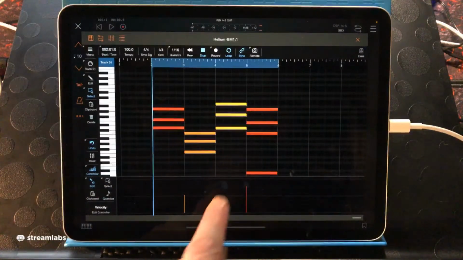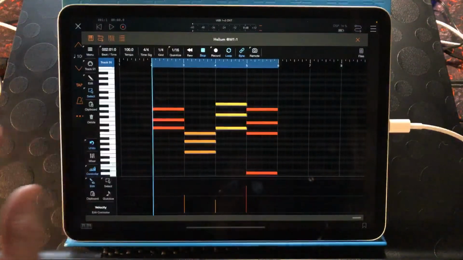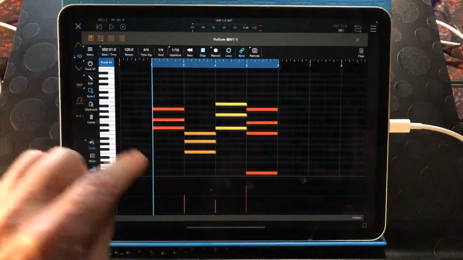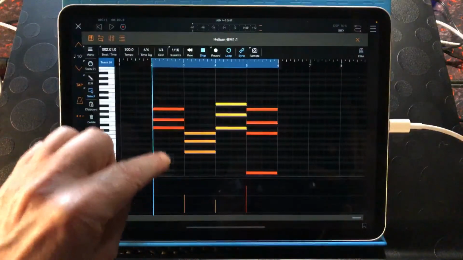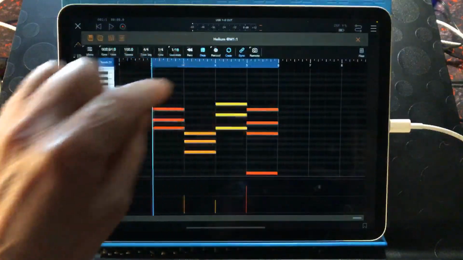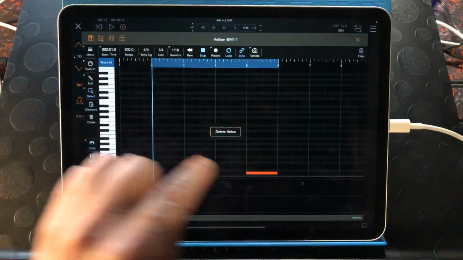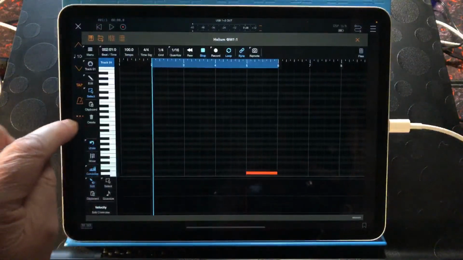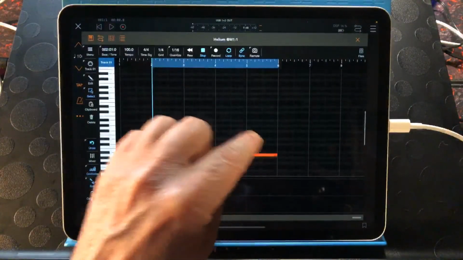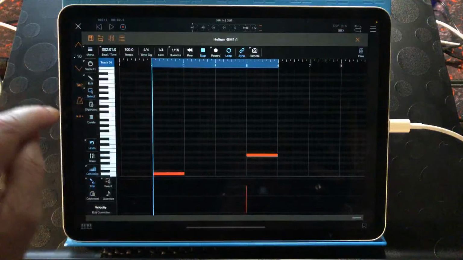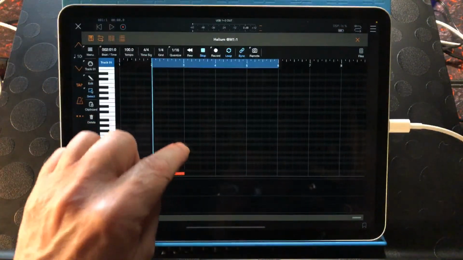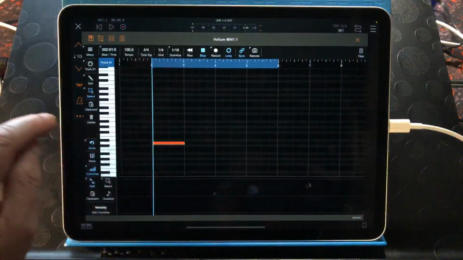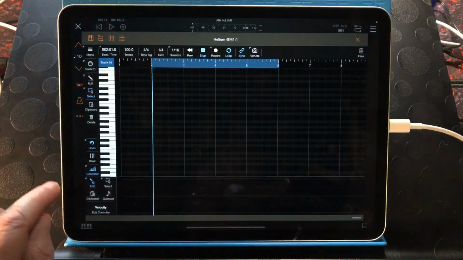But you see here that the colors are changing. This is down to velocity. Let me press select, and I'll select those and delete them. And we'll get rid of that one as well. Select that and delete. And I'll just delete that one as well. Right, and I'll get rid of the